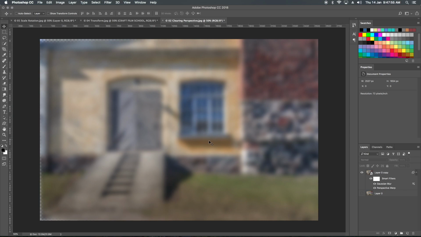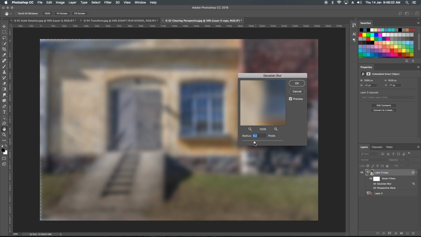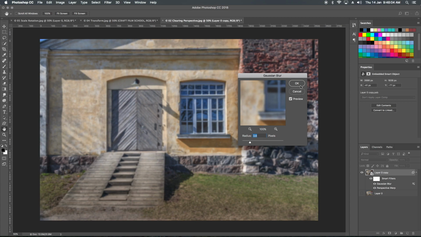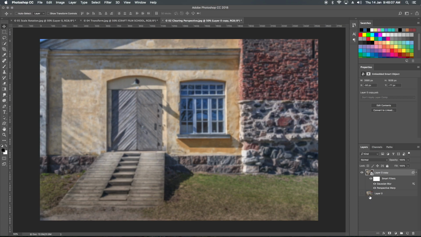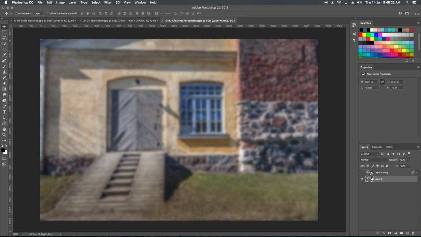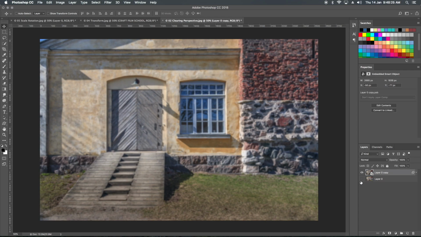Or even if I want to make it clearer, I'll double click this Gaussian blur and I can go back and do all of this. So now this is also non-destructive application of filters. So smart object is also very good to place non-destructive filters into it. Okay, so this is not the right way to place a filter, this is the right way to place filters. So we can even go back and forward.